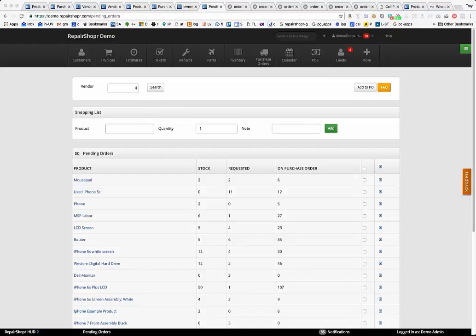Cody says, is combined shipping an option between systems? Can you elaborate on that question? Currently, that's not an option in terms of combining shipping. Essentially, what that would mean is Mobile Defenders has a feature where if they put in a specific order and we have not processed that order yet, they can actually combine shipping by adding it to a previous order. At this time, that's not something the system's capable of doing, but it is certainly something that we're looking